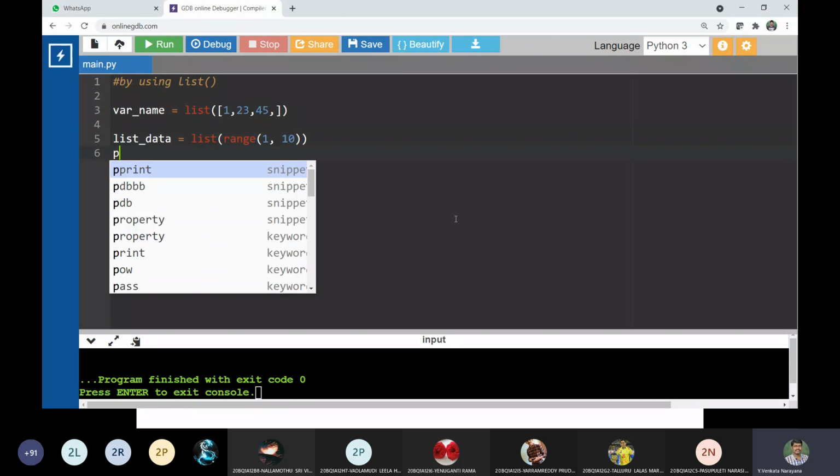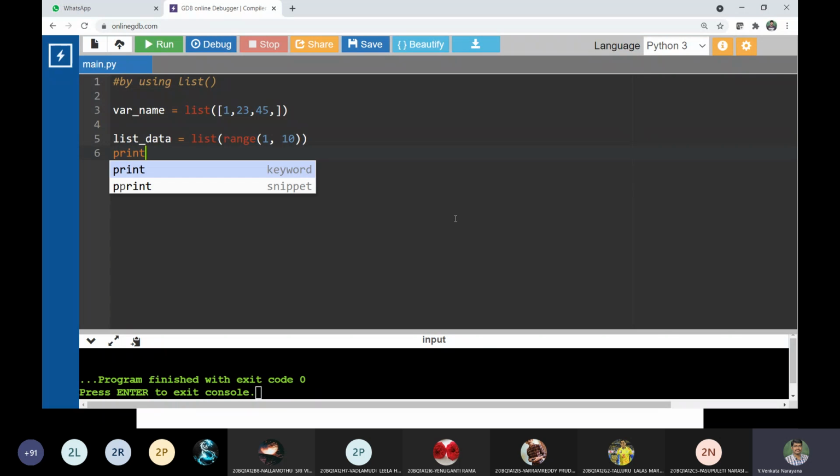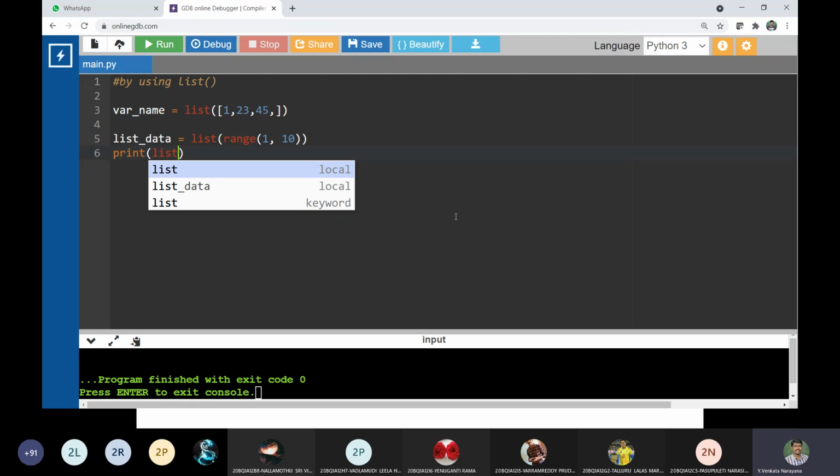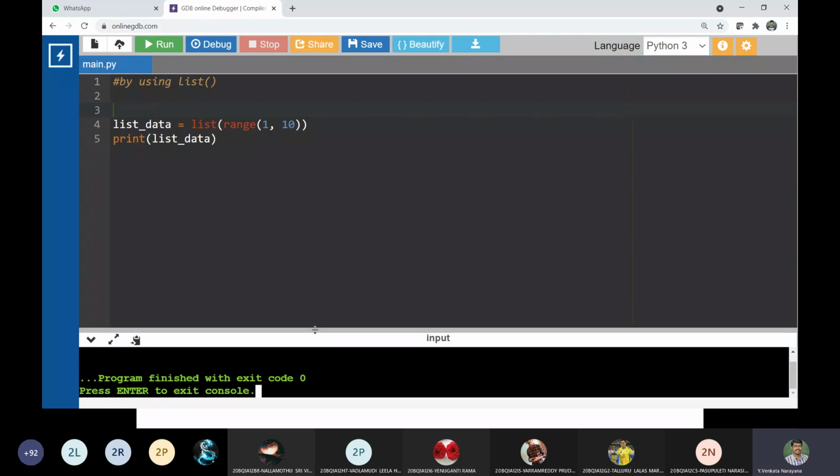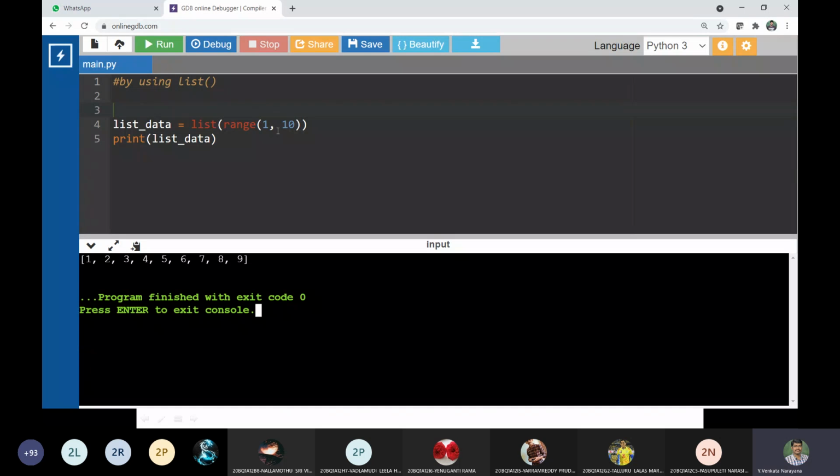Okay. So now I would like to print the list_data. Let us check whether it is working in this way or not. See here, I would like to have the list of items from 1 to 9, where the 10 value will not be considered.